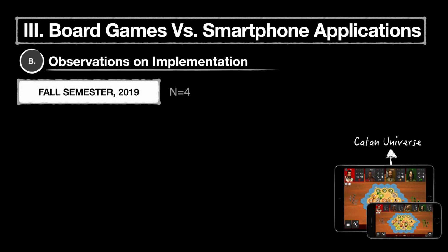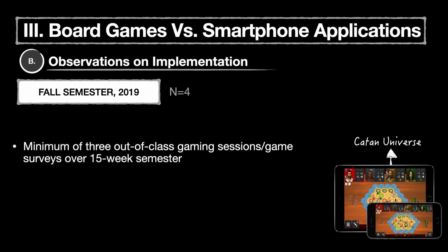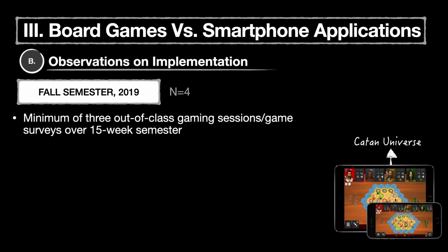Considering this drawback to using the board game edition of Catan in class, I decided to implement a smartphone edition of Catan to be used in English outside of class for a greater part of the semester. A free smartphone application edition of Catan, Catan Universe, was used in a business English class during the fall semester of 2019. All of the gameplay was conducted outside of class in exchange for course credit as a form of